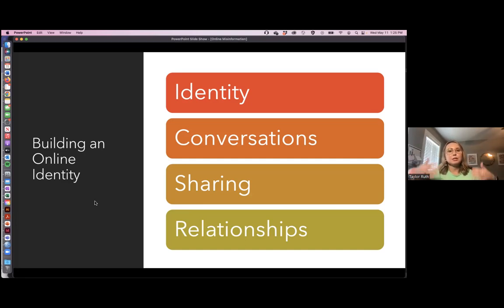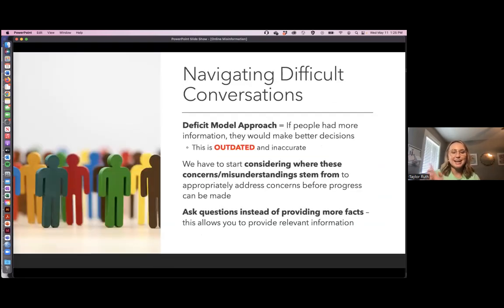And that's how we can start to slowly break through these different echo chambers and filter bubbles, is through this relationship building and sharing of content. We're running low on time, so I'm going to skip through some of these things. I can share this with Amber, though, to share out with everybody.